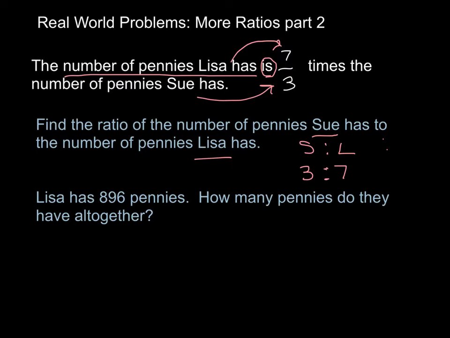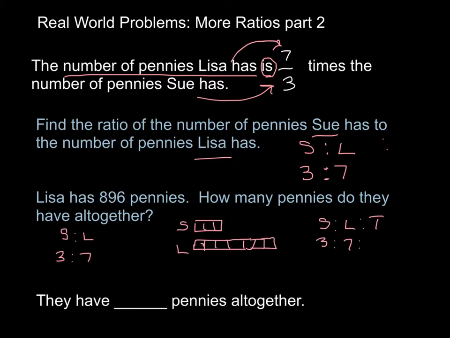I'm going to show you a couple different ways to do the second question, which is how many pennies do they have altogether? The first way of doing the second question is to say, well, if Lisa has 896 pennies, I'm going to put my 896 under Lisa. Find out how many 7s are in here, which would be 128. So this was times 128. So if I take 3 times 128,